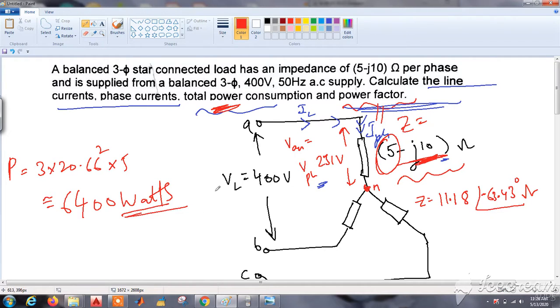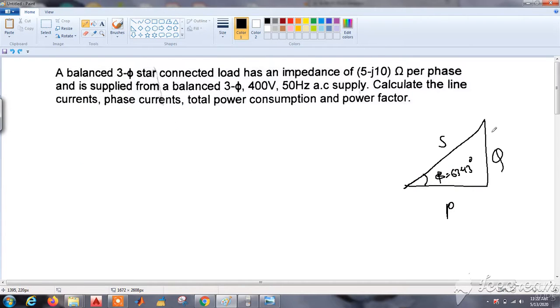Now I told you earlier that we can verify our power factor. We can verify it from the power triangle. That is, this is P, Q and S, and this is power factor angle. So let us see how to calculate it from the power triangle. From the power triangle there are many formulas, that is sine, tan, by applying trigonometry. But the direct formula for power factor is cos phi, that is adjacent by hypotenuse, that is P by S.